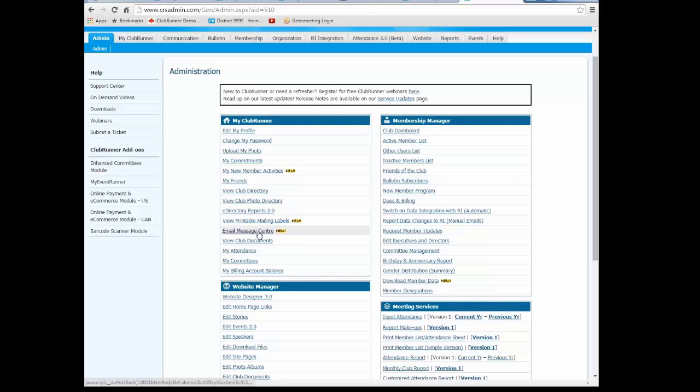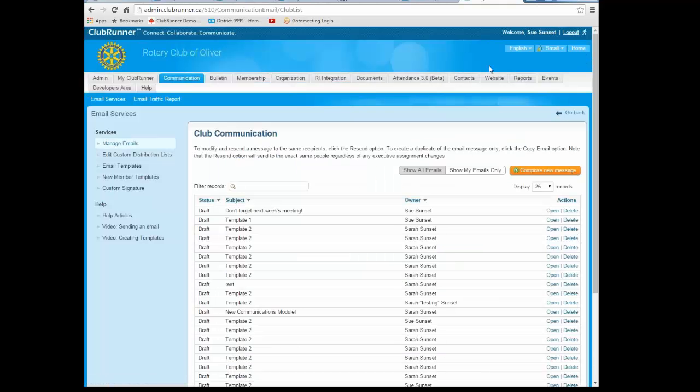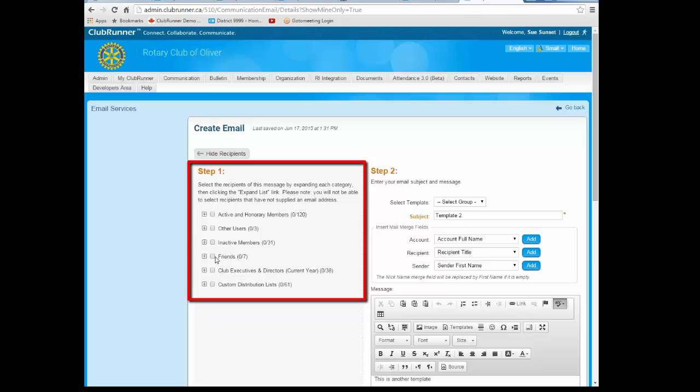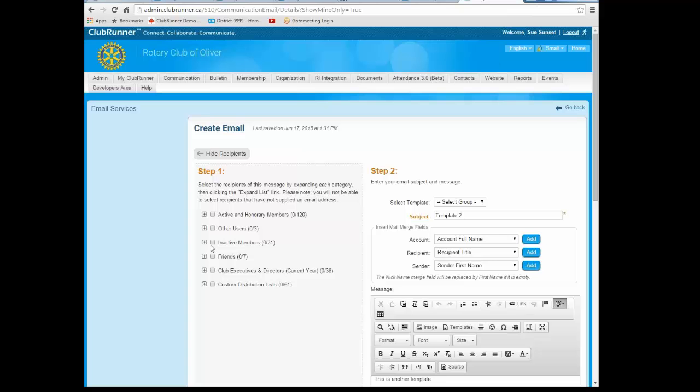You can invite them to your events as well. Invite them to your weekly meetings. When you do send out an email through ClubRunner, not only are you able to send that email to your club members, but as you can see here, your friends are included as well. So if you're sending an email, say about an event, you can include those friends of the club as well